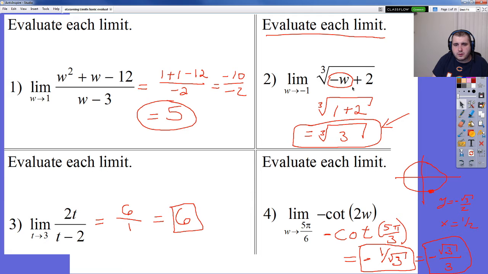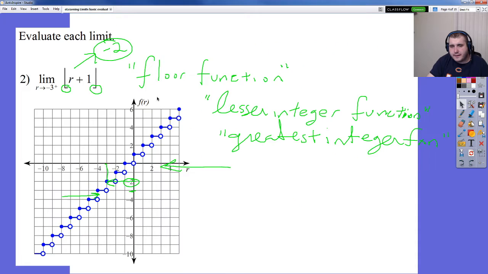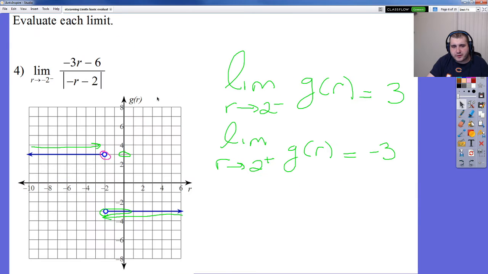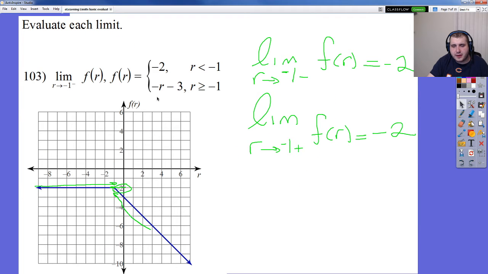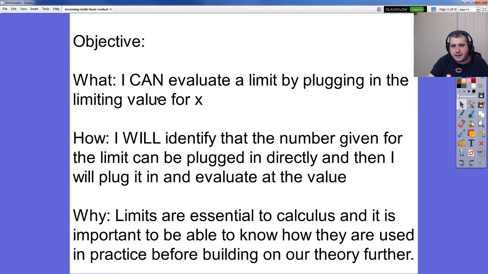Here, the limit just works. This is what we were talking about here. This is a two-handed limit. From the left and from the right, everything's fine. When we were doing these other ones, the left and right-handed limits were different, right? Most of the time. Here, they were the same. And so what we're going to do is look at some of these